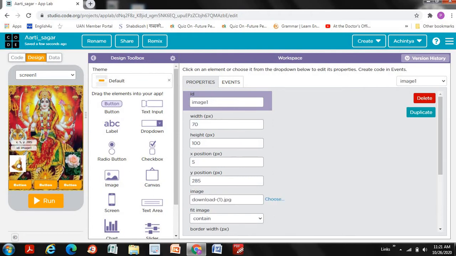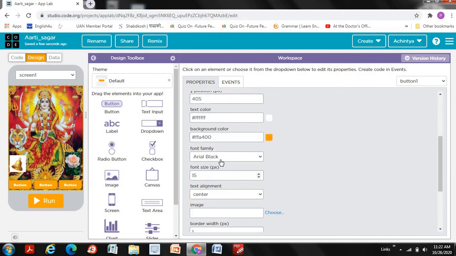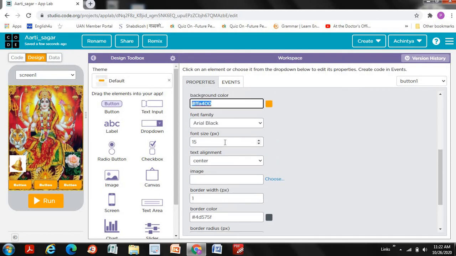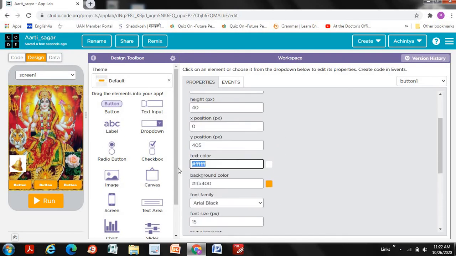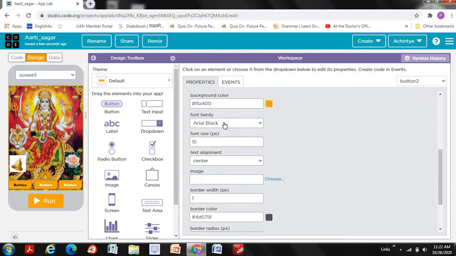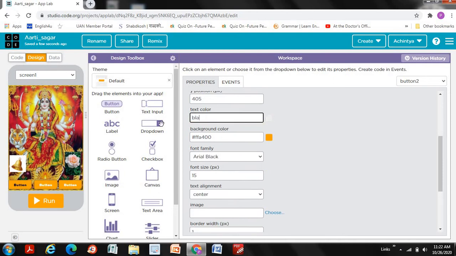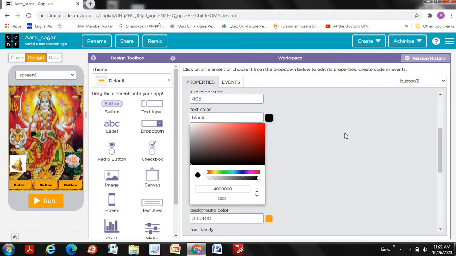Now make these images a bit down like this and change the text color. Here the text color, where it is, okay, this one, make it as black. Now it will look very good like this. So here also we will do the same thing, change the text color to black. Now copy and paste this, Control V, and make this one black as well.